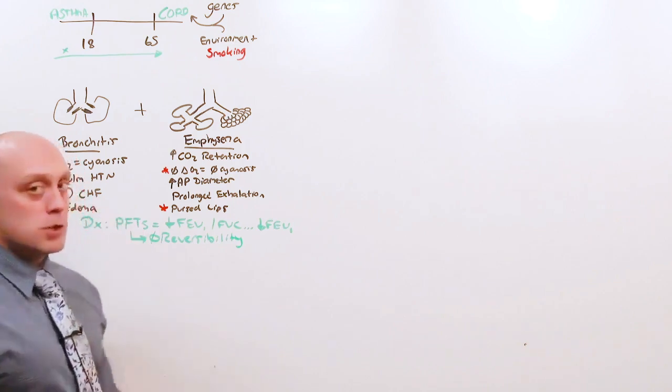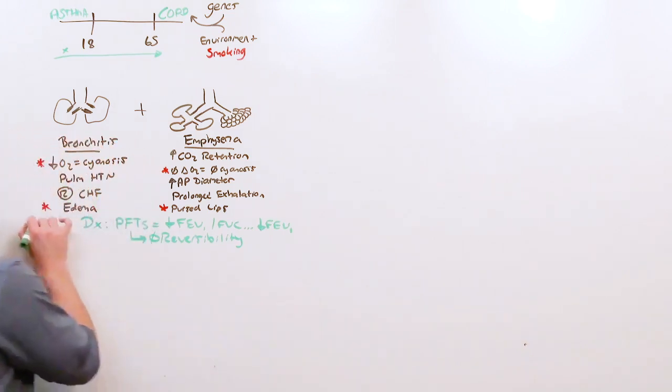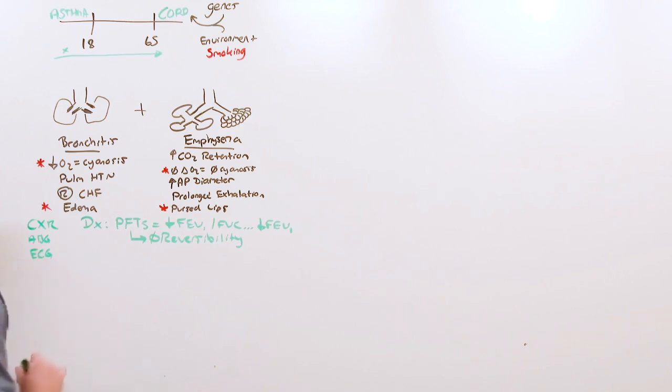Now, COPDers are going to present with shortness of breath and maybe some wheezing. So you might think that tests like the chest x-ray, ABG, and EKG are good places to start. They are in a COPD exacerbation because you want to make sure it's not something else. And while a chest x-ray may show a flattened diaphragm, it's not specific or sensitive for COPD. While we know the CO2 retainers of the emphysema side might show an elevated CO2 but a normal pH, that's not useful for making the diagnosis of COPD. And the EKG is to look at the heart. Remember, diagnosing COPD, pulmonary function tests.